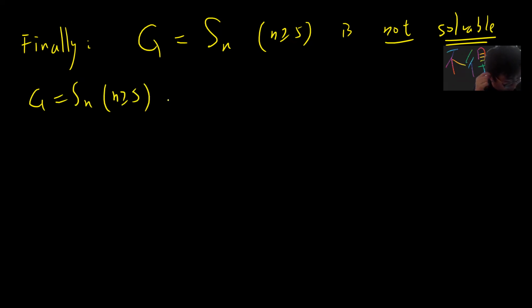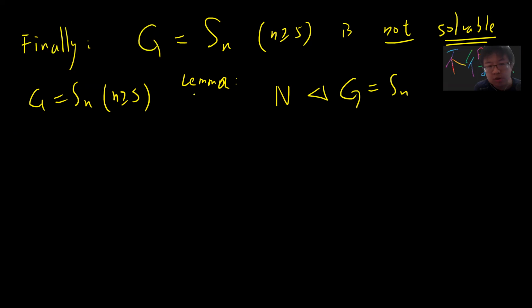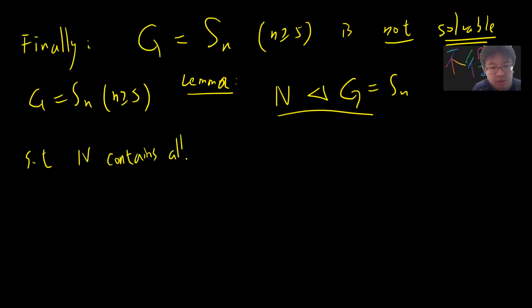I want to claim what? There is a lemma that I want to prove. This lemma says that if N is a normal subgroup of G equals Sn such that N contains all 3-cycles,